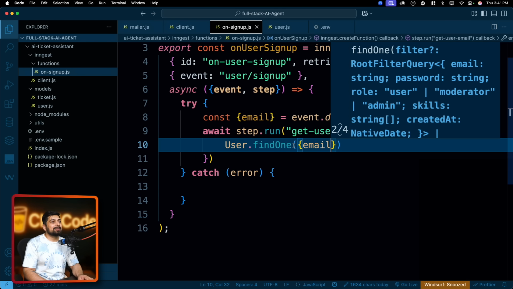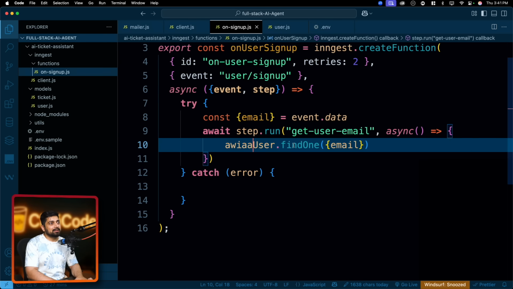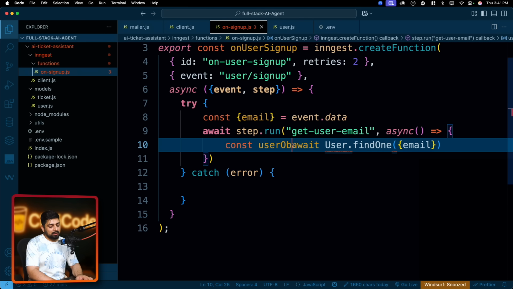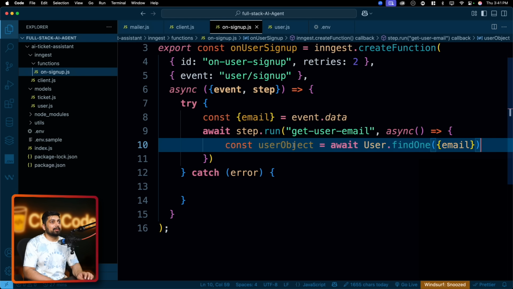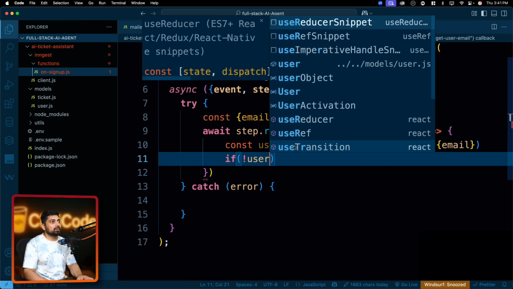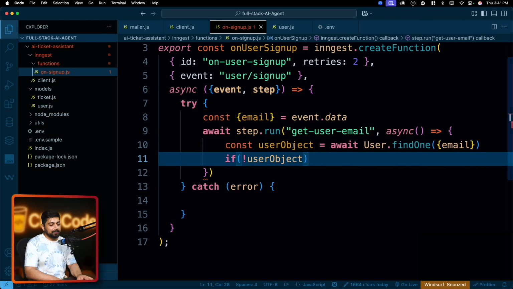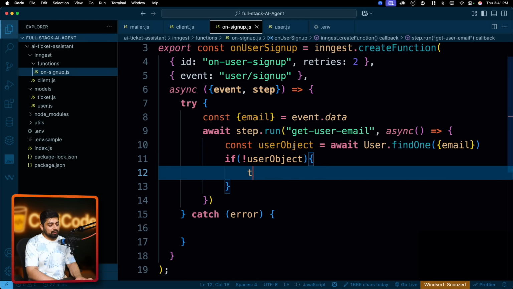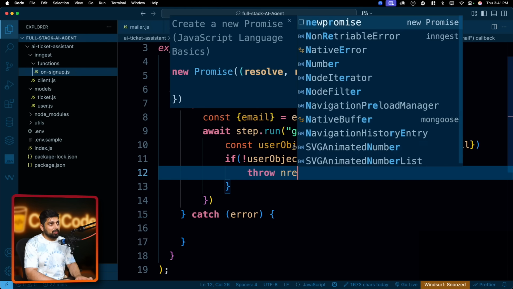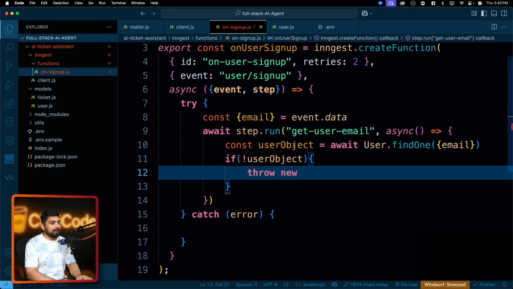Now, first of all, this is a database call. There we go. If I'm able to find that, I'll call this one user object. All right. If there is no user object, then obviously it's a problem. If there is no user object, then I need to throw a special kind of error, by the way. Throw new